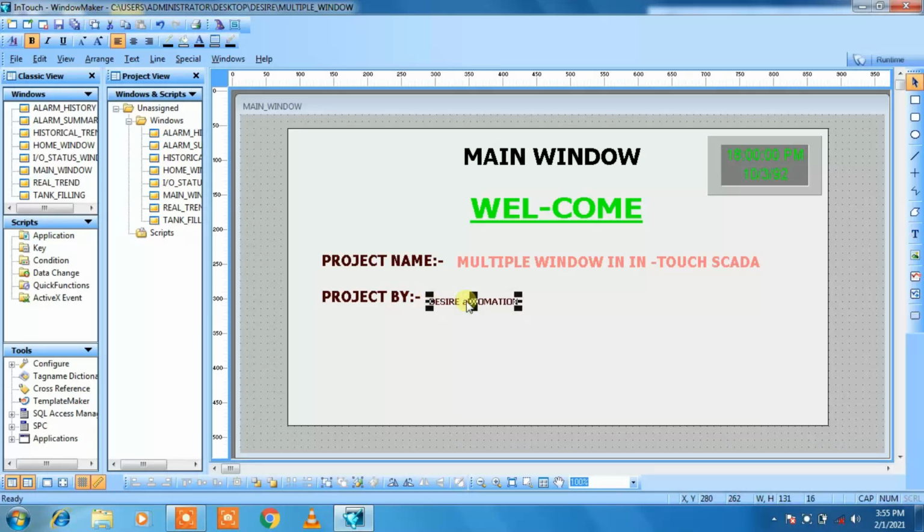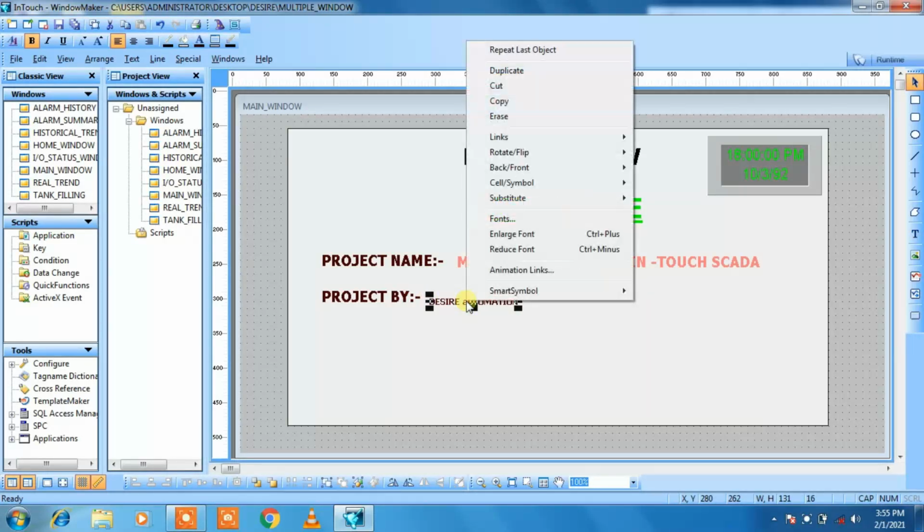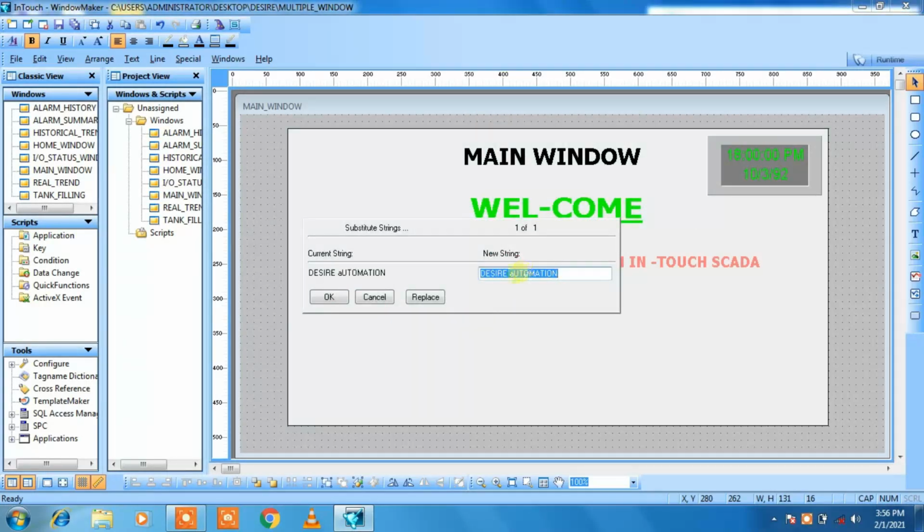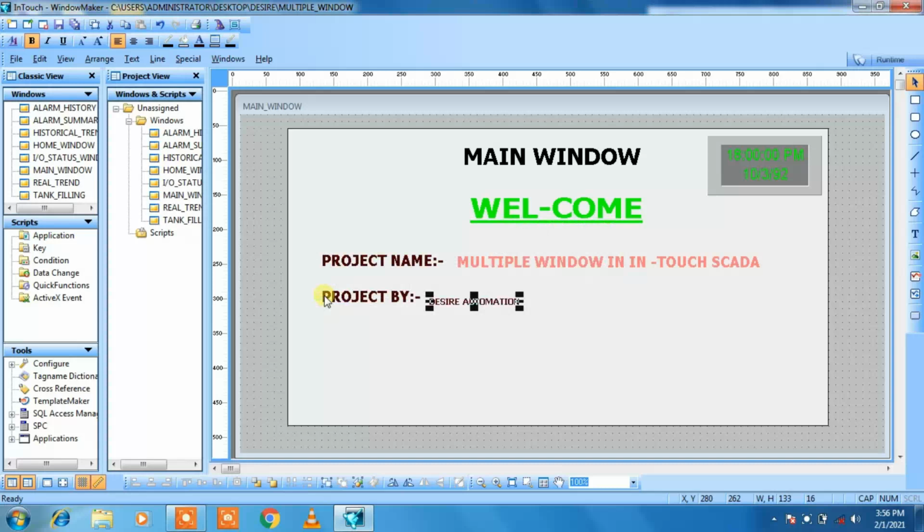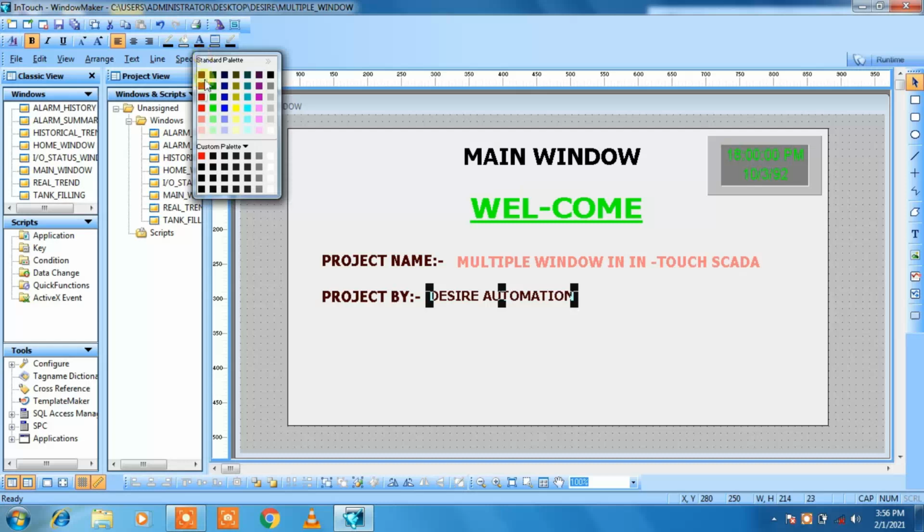This is small, so I want to edit my text. For that I will right click, go to substitute, go to substitute string and correct my text. Desire Automation, then click on OK. Let us maximize it and arrange it properly. Then let us change the color of it.